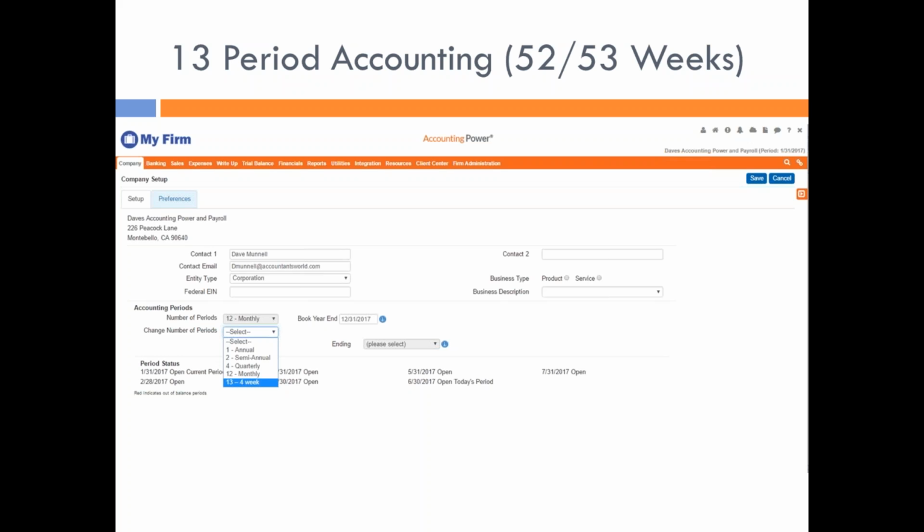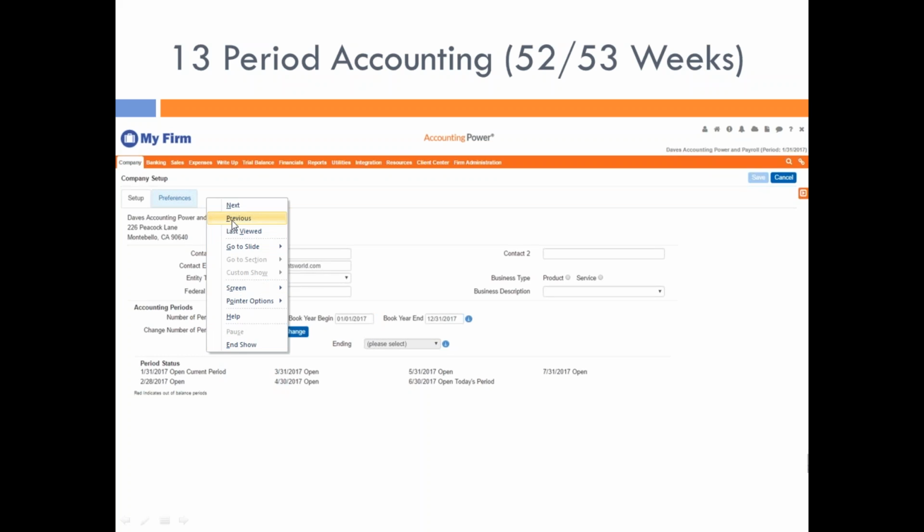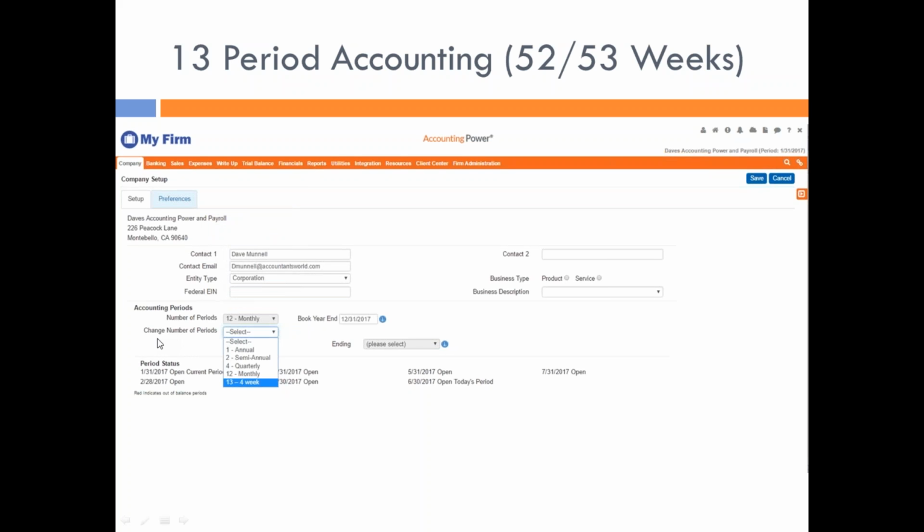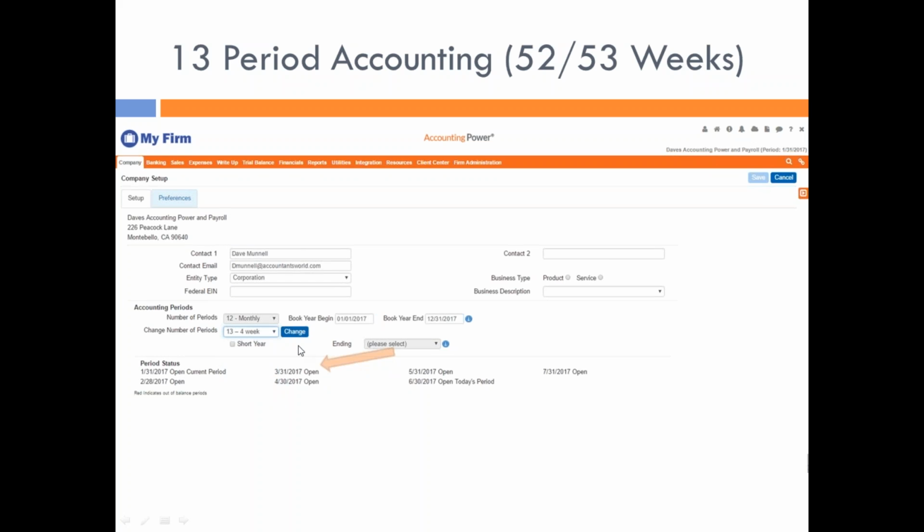And the way that you do it is you would come down here to where it says change number of periods. Let me just go back to show it again. You would come down here to where it says change number of periods. You select 13 4-week periods. The next step would be you just click on change. And once you click on change, it'll now change all of the period ending dates to be according to 4-week periods. You enter the starting date